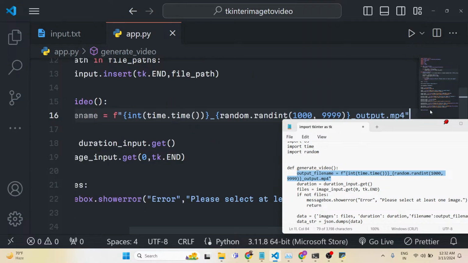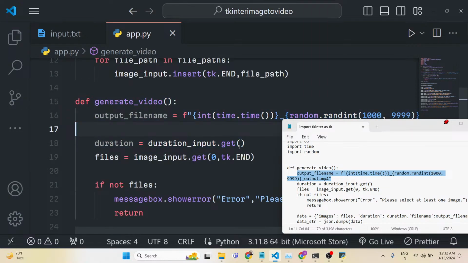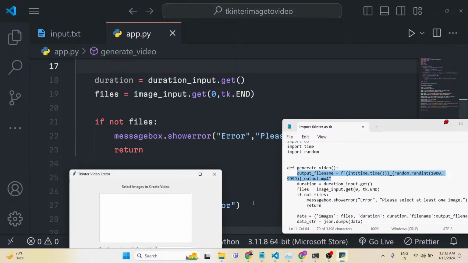Just paste it. You can see that now. And again, if I rerun this,